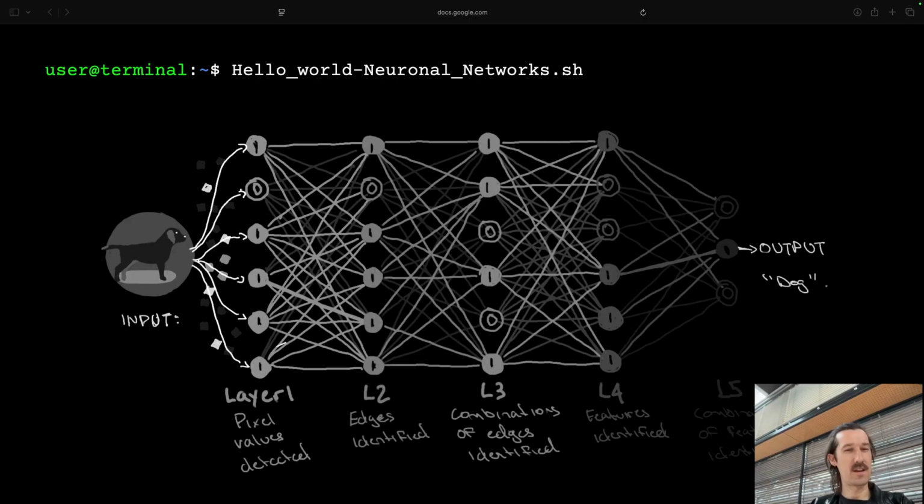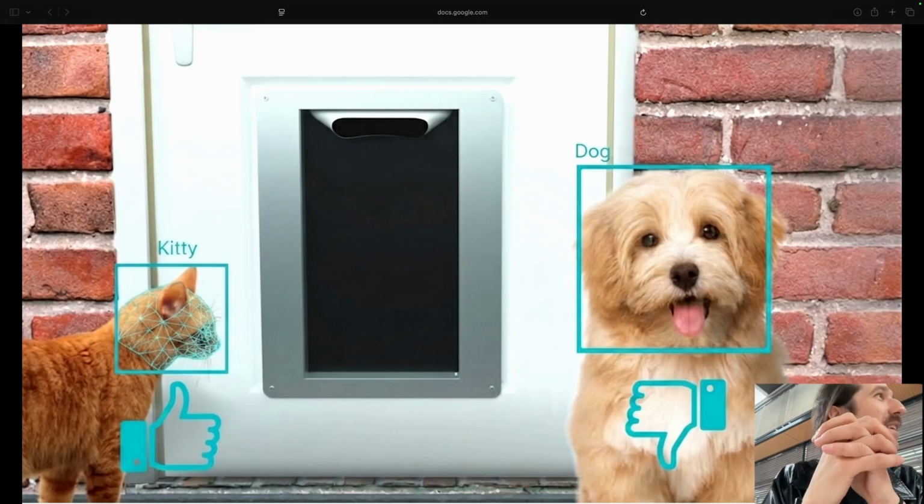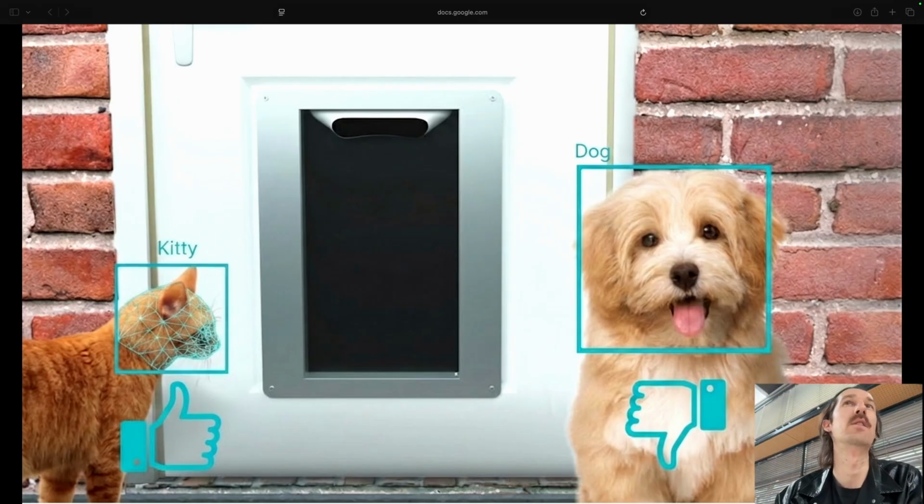But let's start from the bottom up again. Remember, we wanted to hack, or attack, a certain system. In our example, it would be a door that opens when cats are in front of it and not dogs. It's kind of a commercial product. It works with vision detection systems, and it detects which animal stands in front of it, and by doing so it can open the door or not. And we would like to trick the system so that every animal is allowed to get in there.